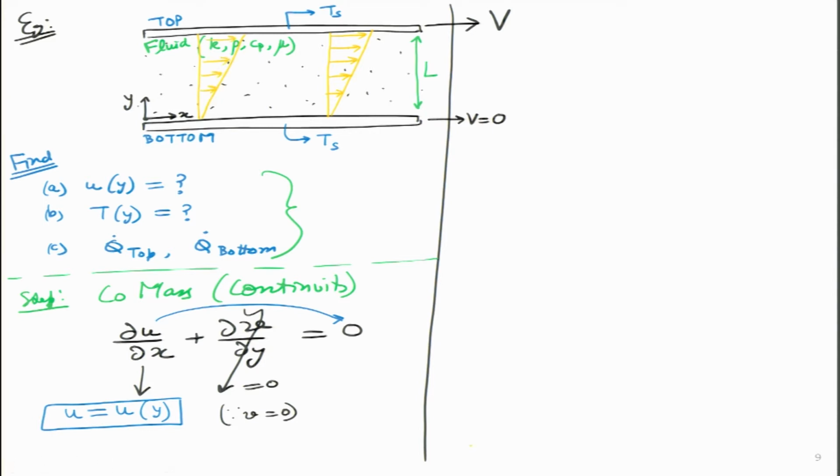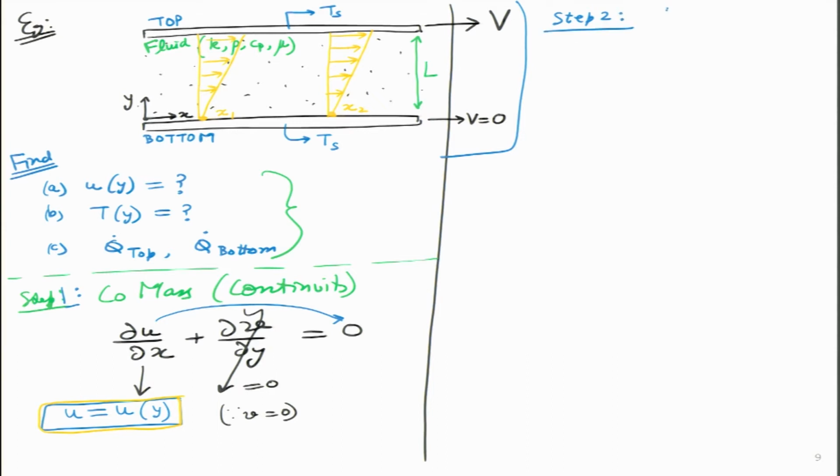So, this analysis tells me that this velocity profile is irrespective of the value of x. It could be x1 or x2. If it is not changing from x1 to x2, it will remain the same for all x. That is the significance of this equation over here. Now, let us go on and look at the next equation. So, I will look at step 2. This was step 1 earlier. Now, we will look at step 2.